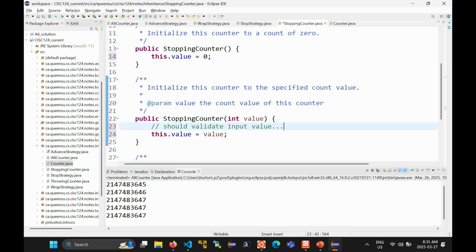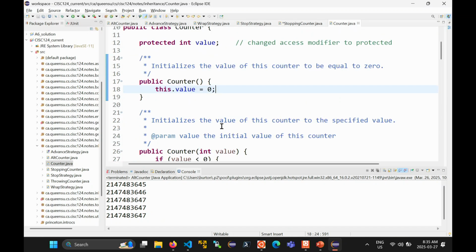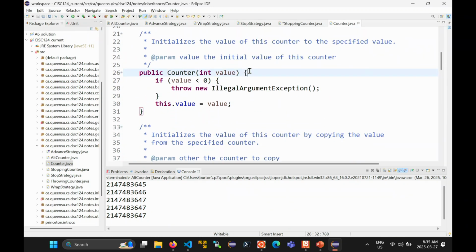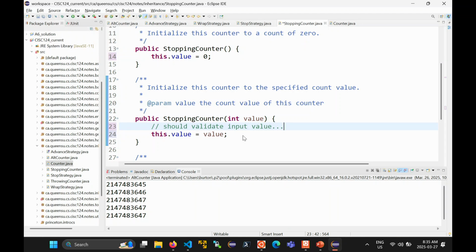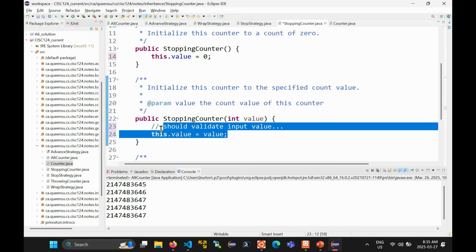And once you realize that, it should hopefully make sense to you that it's easier now to call the superclass constructor, right? Because the superclass constructor does everything you need it to do. It does the validation and it sets this.value to value. So this is legal, but it's much easier to simply write